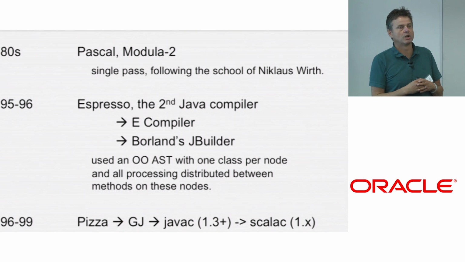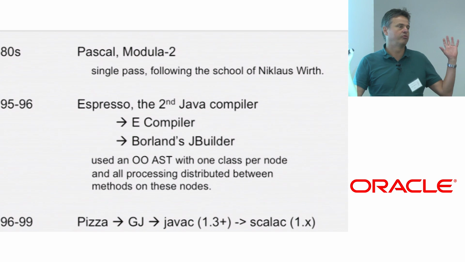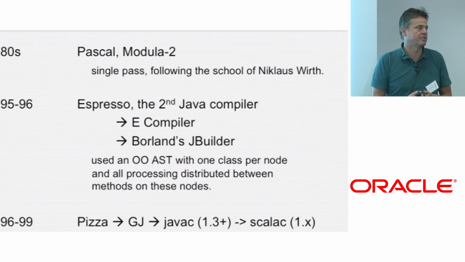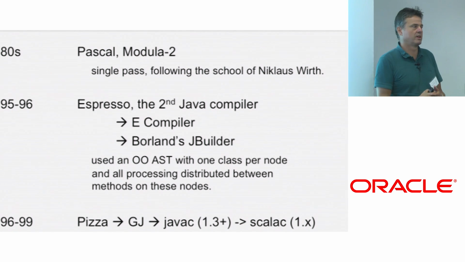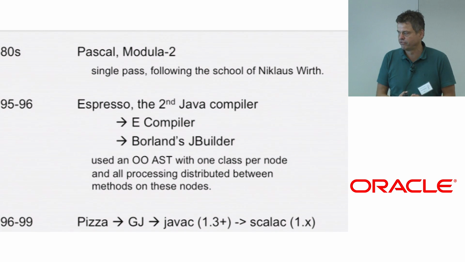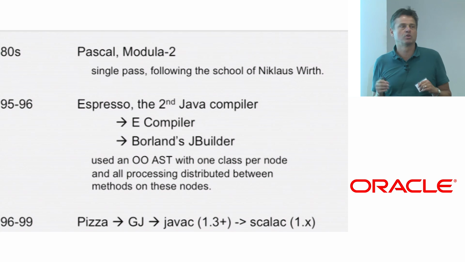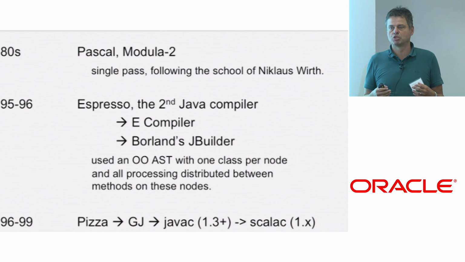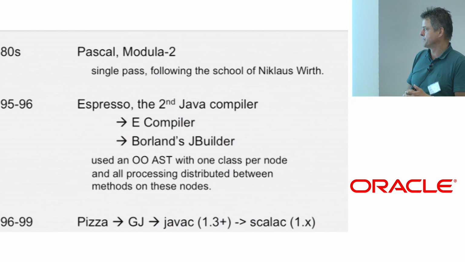So the conventional wisdom was, well, you should have an AST, and it has like 40-ish classes for the different kinds of nodes. And essentially, every node is a class, and we put all the methods in the class, because that was the object-oriented dogma. So essentially, you would have 40 methods to type check, 40 methods to do flow analysis, 40 methods to do pretty printing, 40 methods to have code generation. And of course, it was all a huge mess, because logic was spread out in each case over 40 classes.